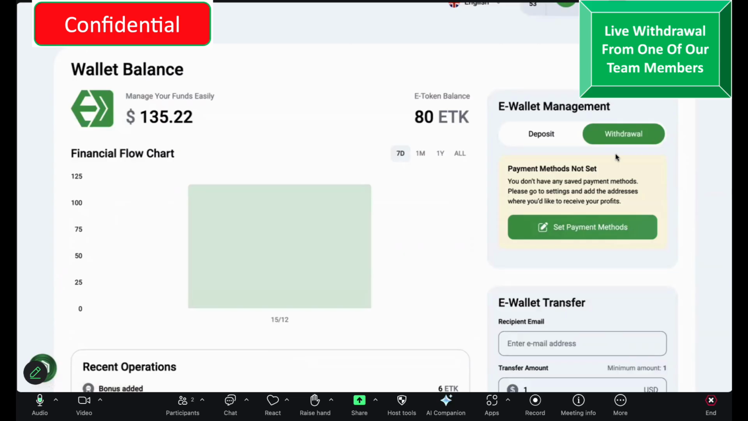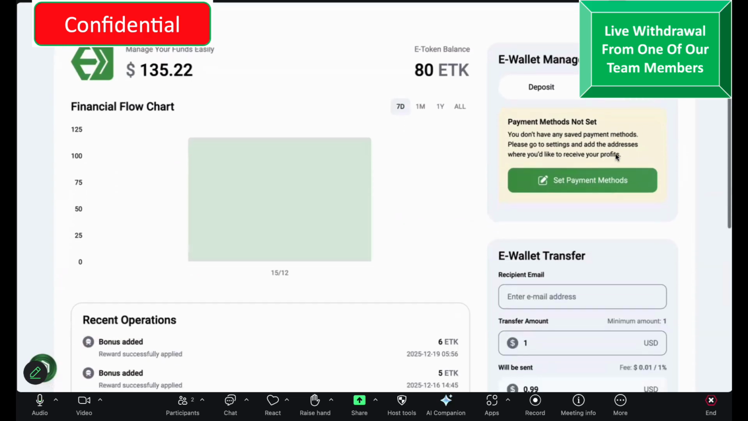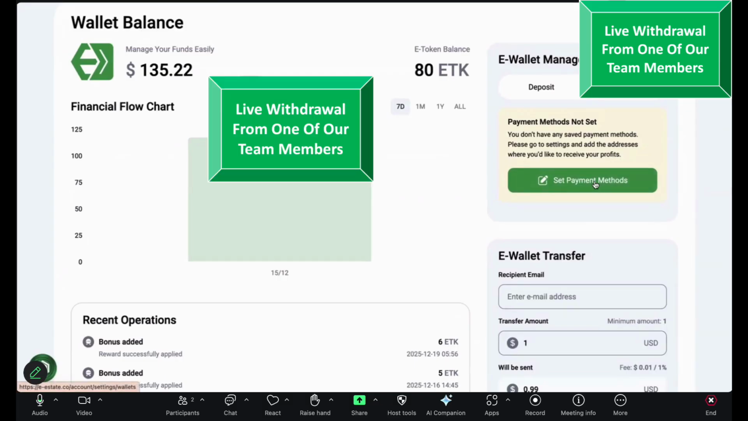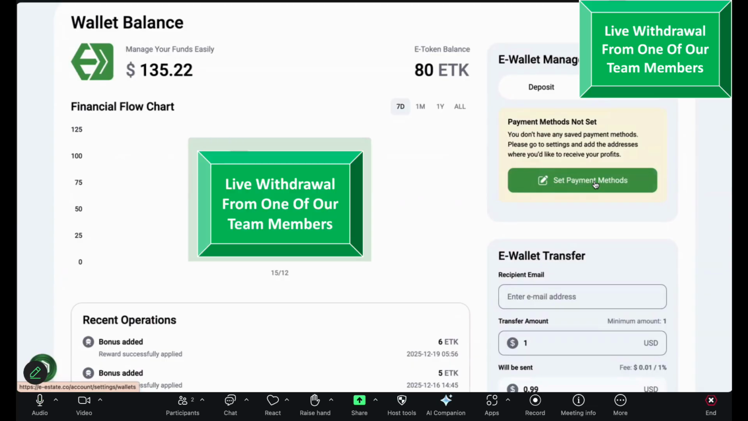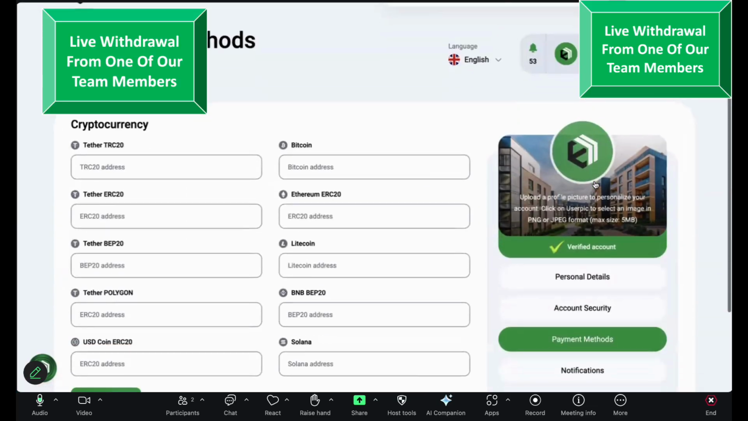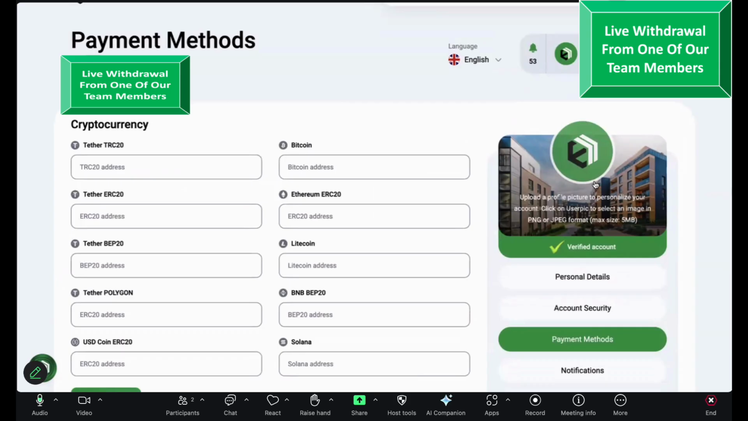You've not set up your payment system. So you need to set up your payment system. So let's do that just now. Okay, so click set payment method. And then which cryptocurrency do you want to withdraw to? So they have USDT TRC20, they have USDT BEP20. All right, which wallet do you want to send it to? I will do Bybit. Okay, so if you go to your Bybit,